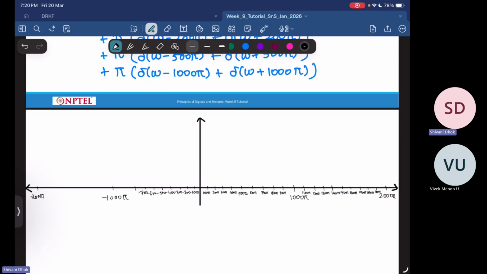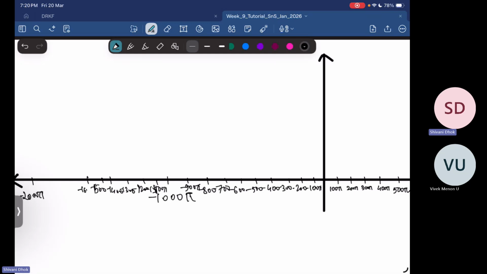Minus 700, minus 800, and minus 900 pi. And you have minus 1100, minus 1200, minus 1300, minus 1400, minus 1500, minus 1600, minus 1700, minus 1800 pi, minus 1900 pi,